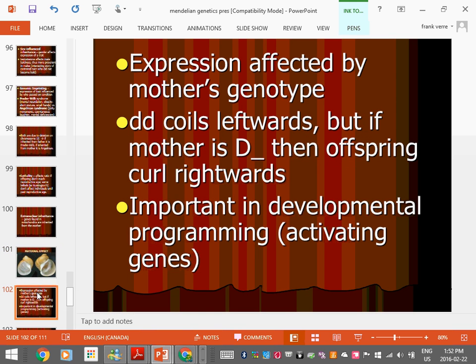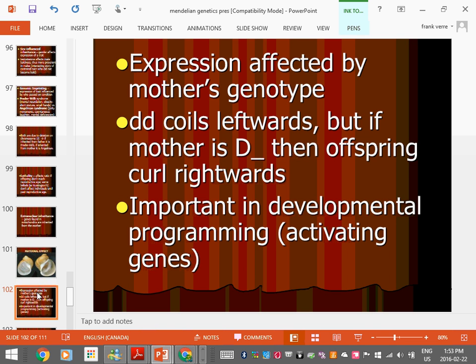Turns out that the spiraling is due to a gene. No surprise there. Looks like simple genetics. Big D versus little d. Big D says spiral to the right. Little d says spiral to the left. Now, what's important is this. If you have a big D,